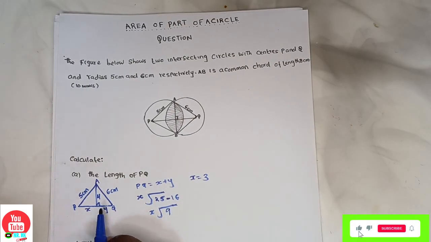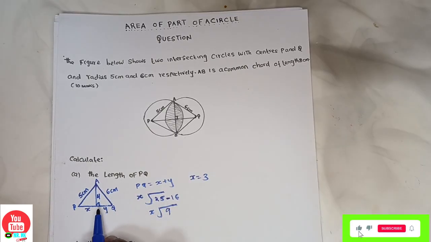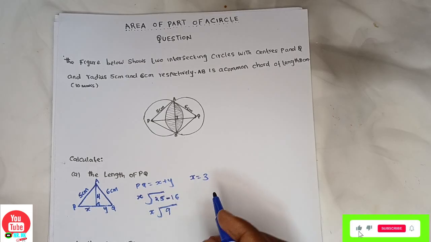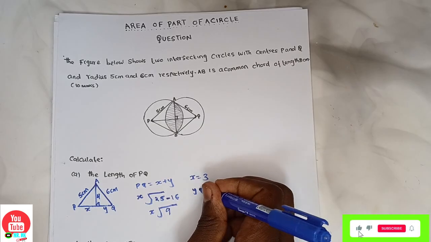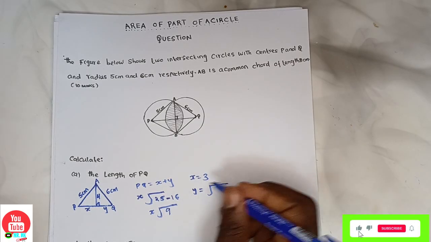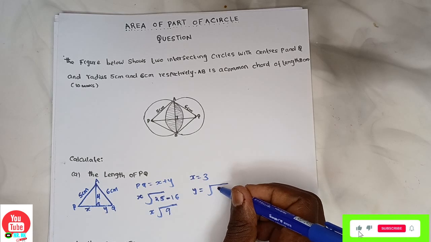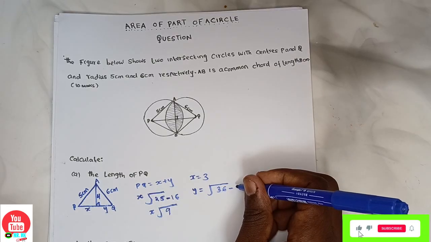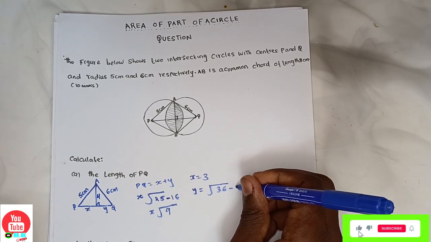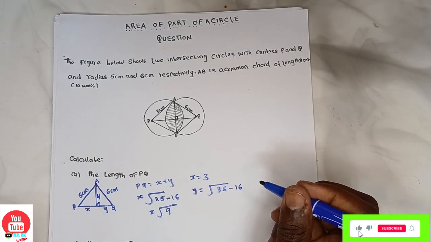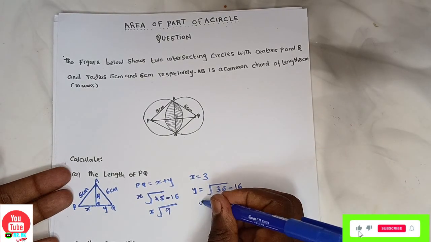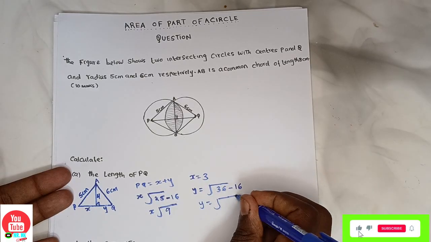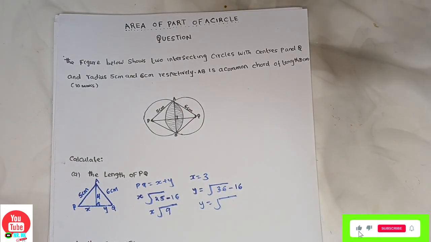Let's go to the other one now. Using the same Pythagorean theorem, we have here 4, and here 6. For the case of Y, the square of 6 is 36, minus 4 squared, which is 16. Now Y will be the square root of what we have. 36 minus 16 is